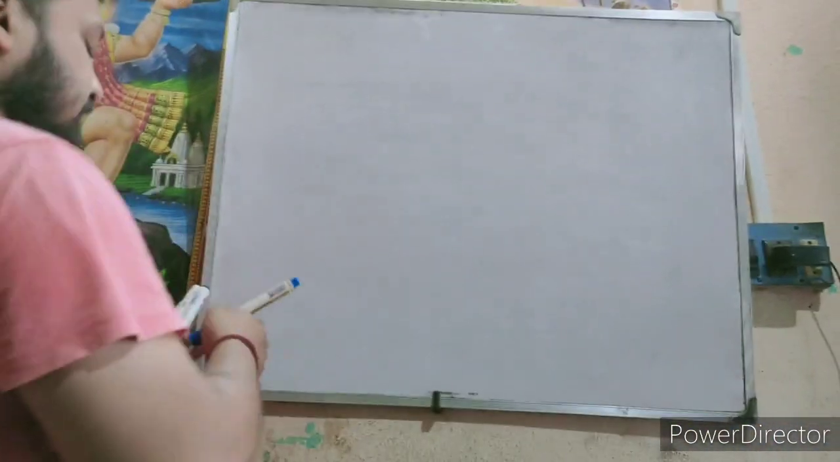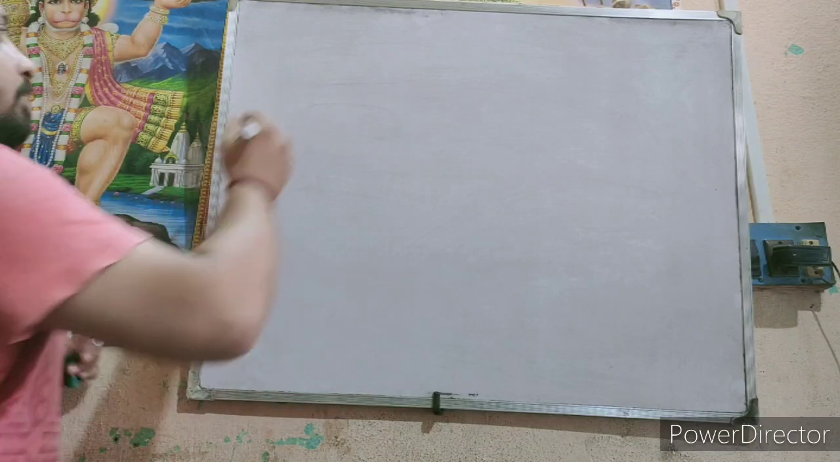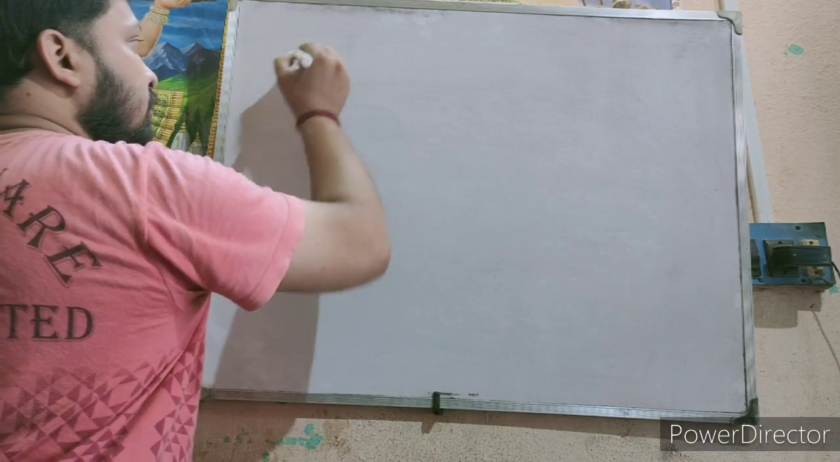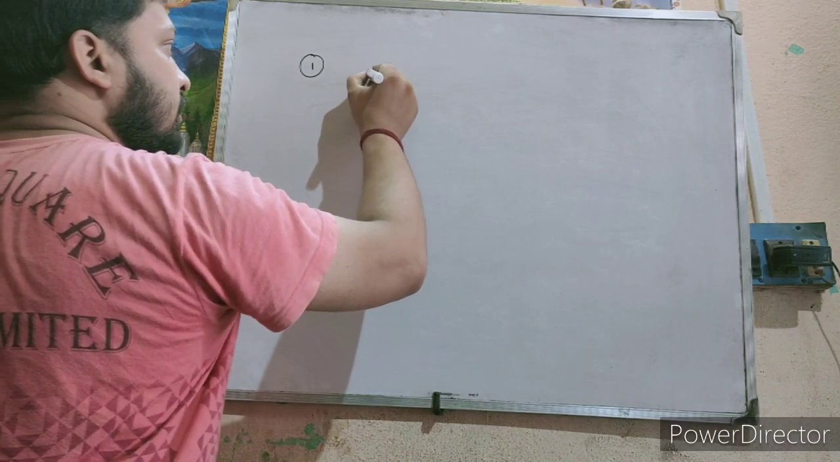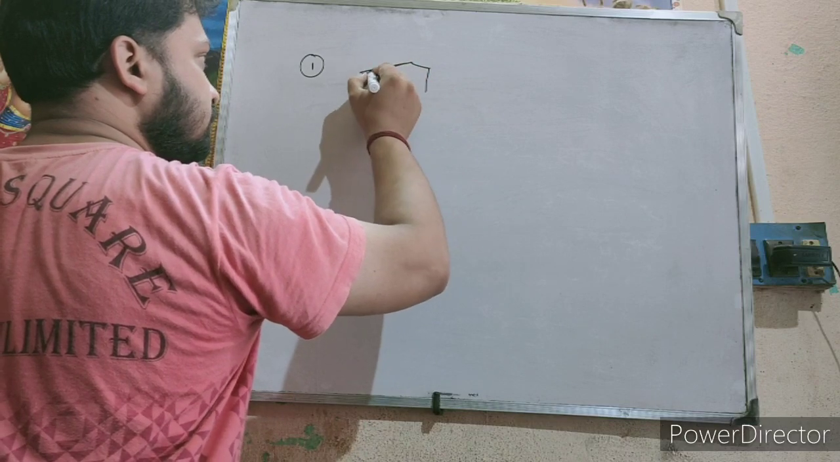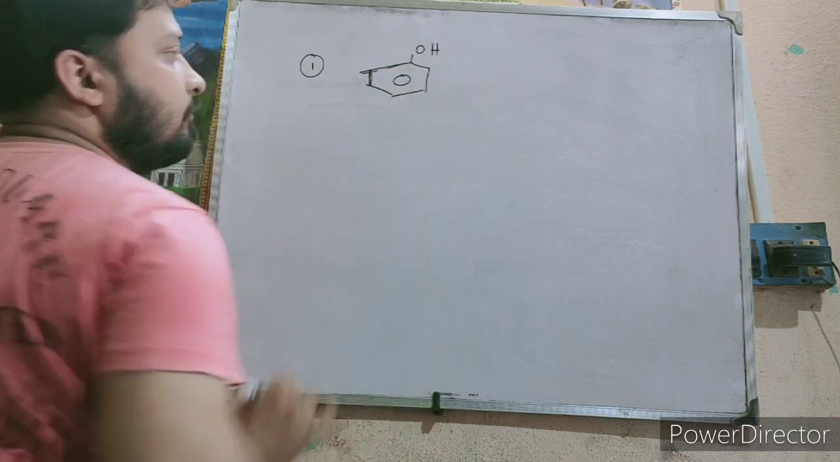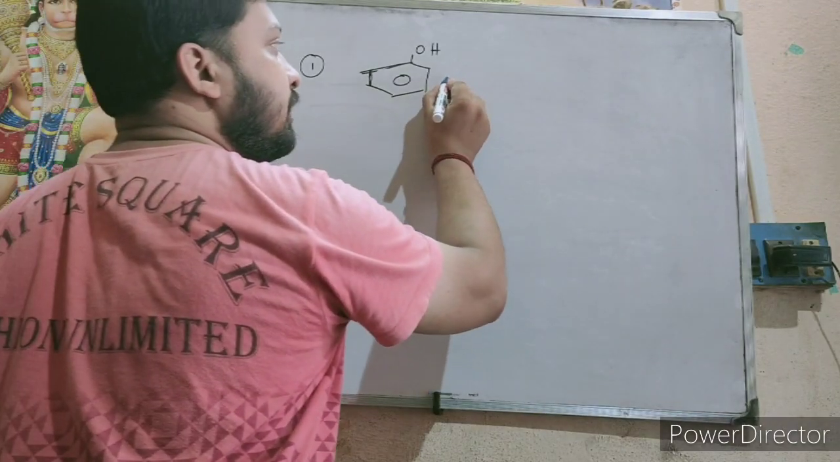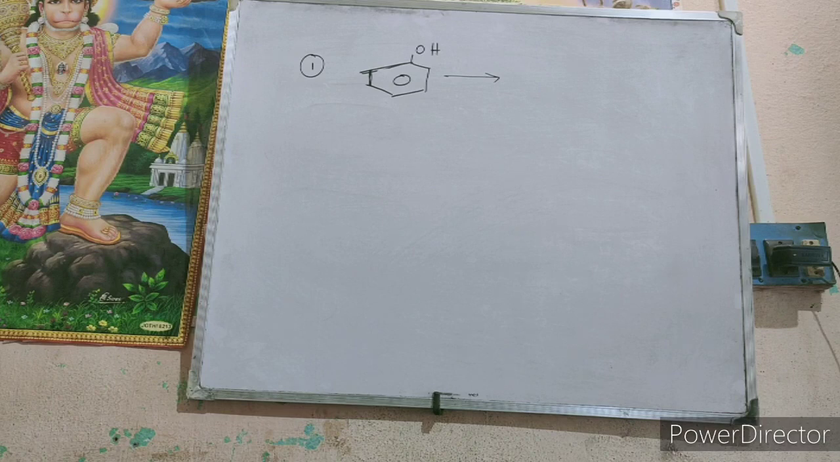First reaction is the Kolbe Schmitt reaction. If you have phenol, and you want to prepare salicylic acid from it,